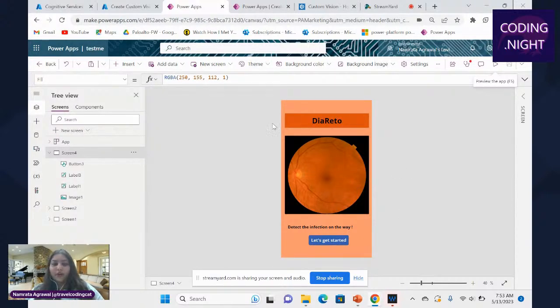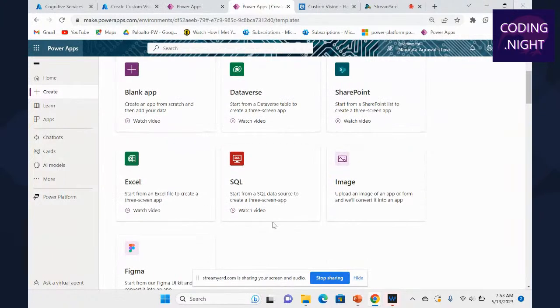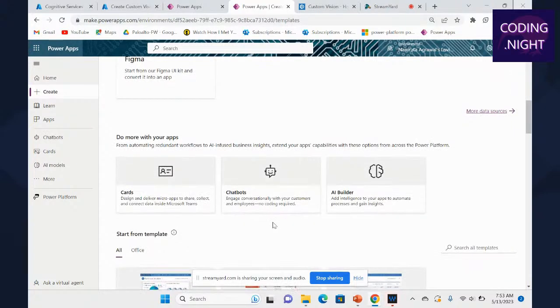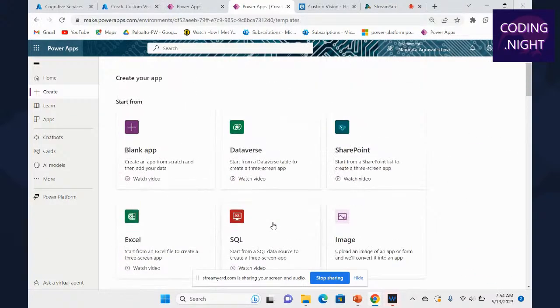So let me give you a walkthrough of this, because it has a lot of features. First, I'll go through the features. Starting from this, it really helps you to connect your data with SQL. And here you can, of course, store your data. So you will not have any problem storing your data anywhere. You can also create apps. You can create a portal and you can create a web app also. So there are a lot of things you can create using Power Apps. So here are the chatbots, AI models.